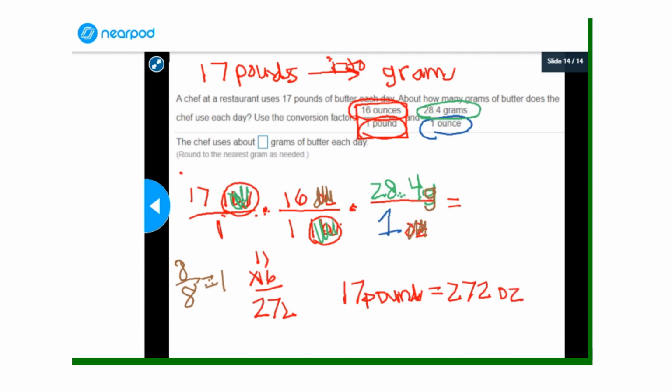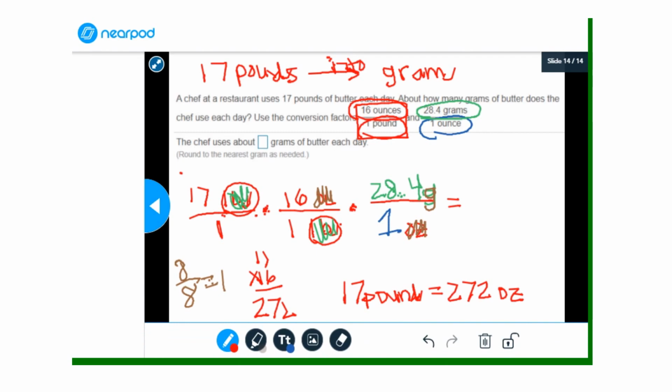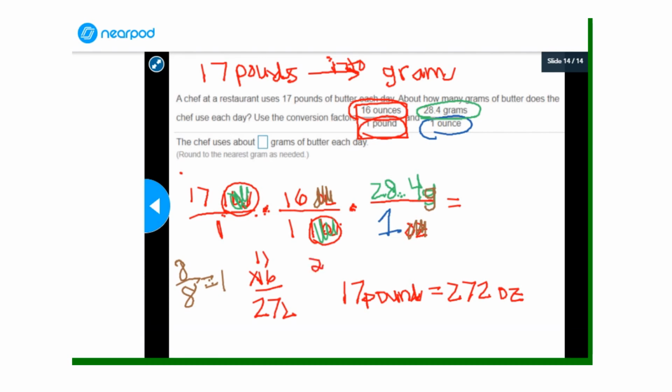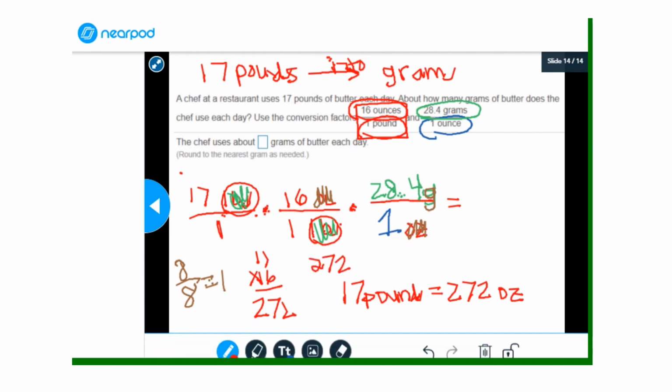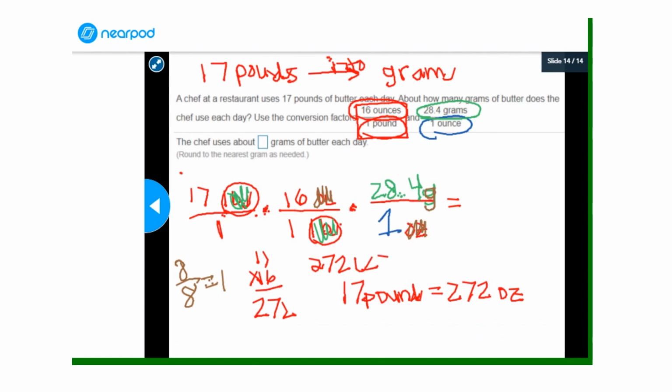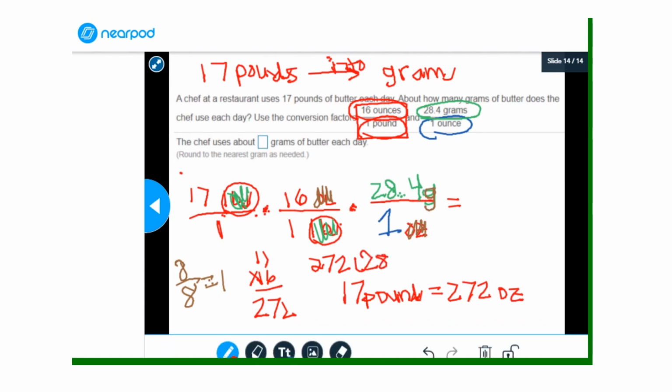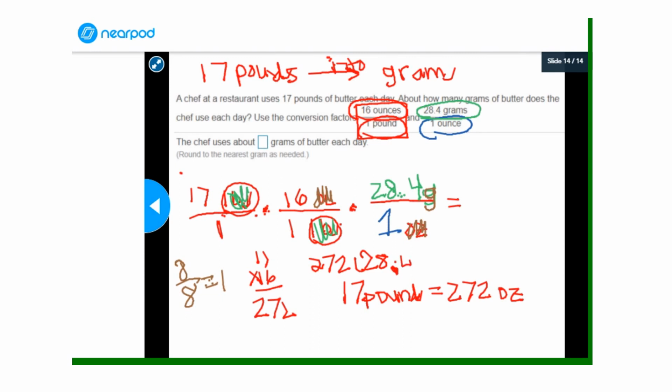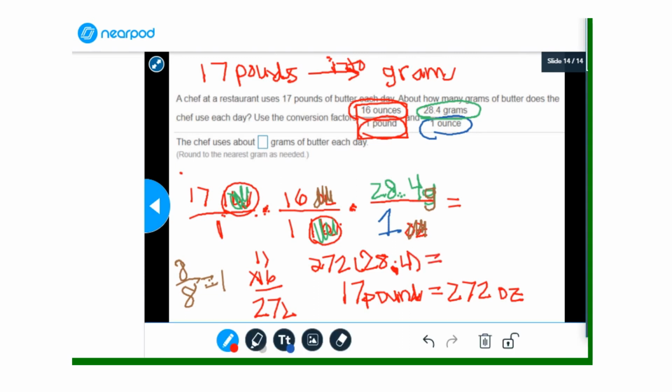But our final answer needs to be in grams. So we multiplied 17 pounds by the conversion factor, and we're left with ounces in the numerator. So we have to continue to convert. We have to multiply by this last conversion factor, which means we need to multiply 272 times 28.4. And then once we multiply that, we'll get our final answer,